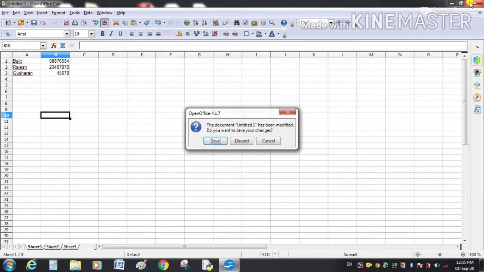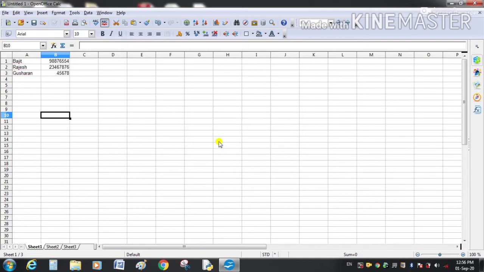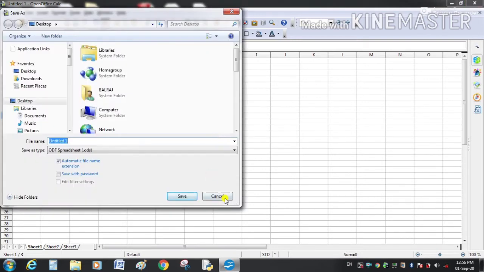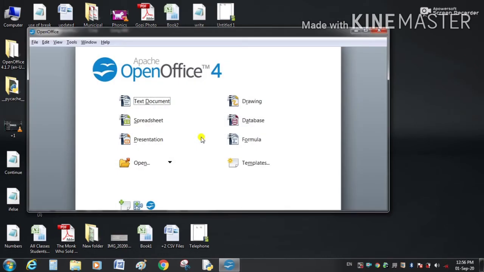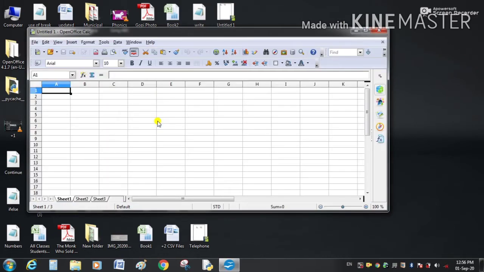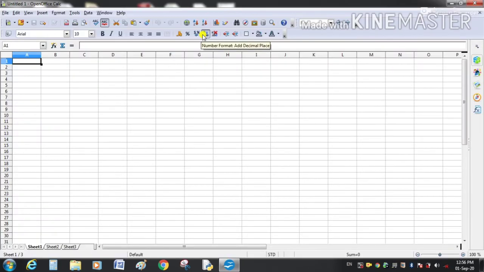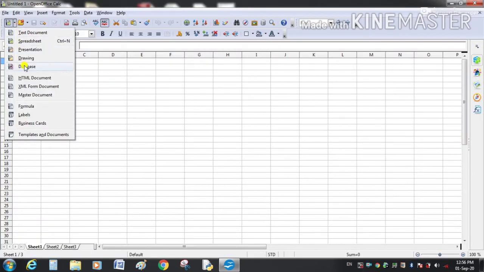Now we will see how we can create a registered data source. A registered data source means a data source or a database which can be used in other files. For this, go to the file and from here select database.